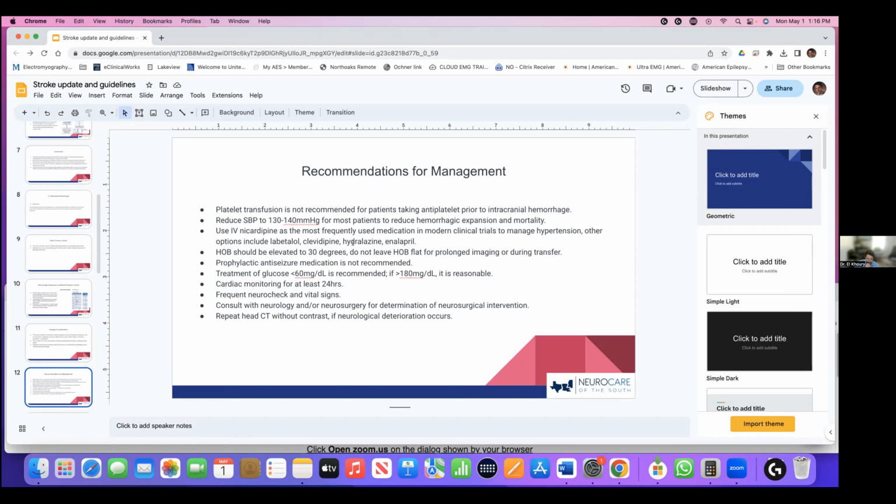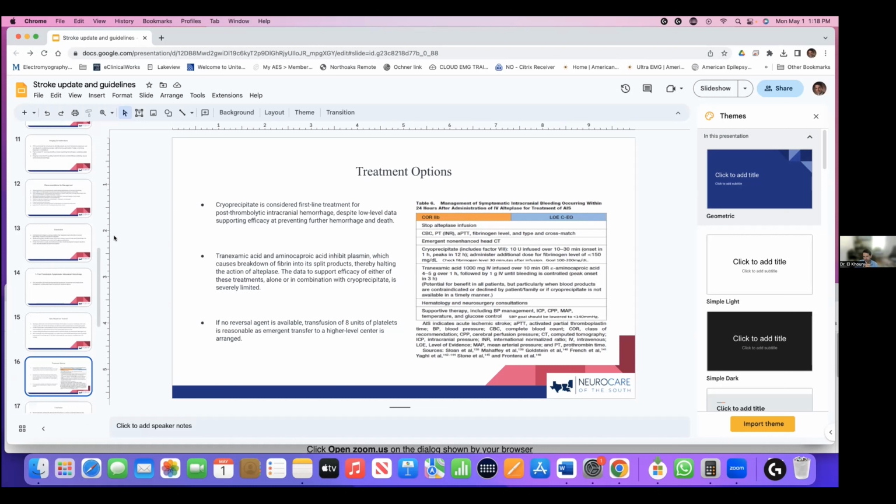So what is the first-line treatment for this? Really, the only first-line treatment post-tPA, but really the level of evidence is 2B, right? We don't have a lot of data. It's cryoprecipitate. You give a 10-unit infusion over 10 to 30 minutes, and then you administer an additional dose. You monitor it with fibrinogen levels, and you check it every 30 minutes, and your goal fibrinogen should be